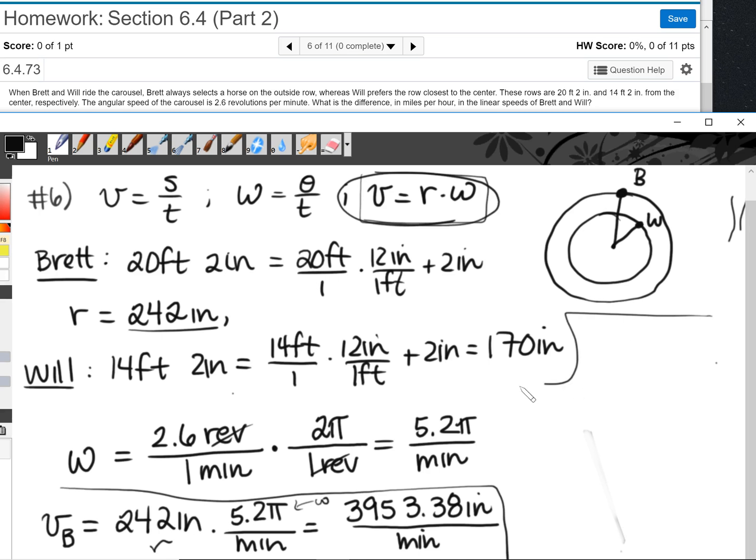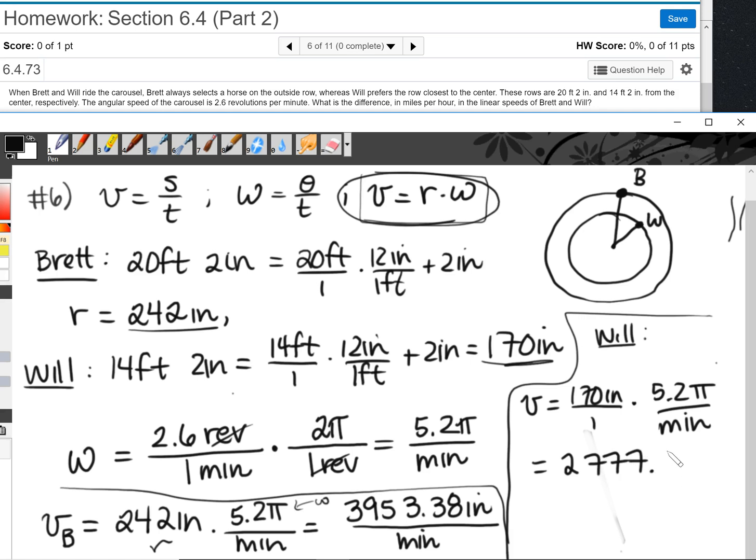Okay, now let's look at Will. So Will's linear speed is going to be, what is the radius for Will? 170 inches over 1 times also the 5.2π per minute. Okay, so 170 times 5.2 times pi. We're going to get his linear speed is